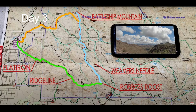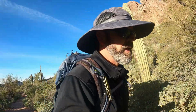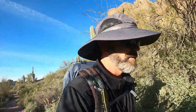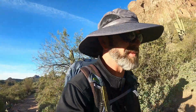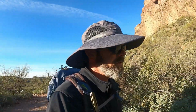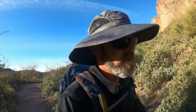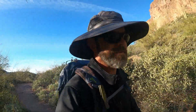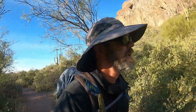This should be the most difficult and certainly the most iconic loop in the Superstitions. I've never been to Robbers Roost before, and there's a stretch of trail that involves bushwhacking that I'm a little nervous about, having never done it before. To play it safe, I'm going to scout that area, see if I can make out a trail that connects to the Ridgeline Trail. The reason why I have my big pack on is I'm carrying 2 gallons of water,